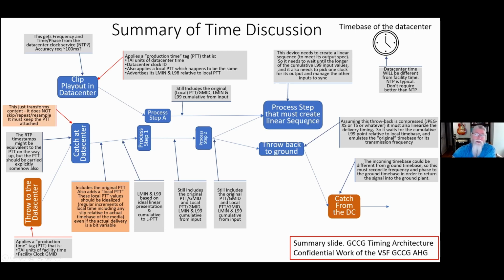Ultimately, if you have a process step, like say an H.264 encoder for distribution, that needs to create an output that complies to, say, MPEG-2 transport stream, then it has to set up enough buffering internally to take whatever variability comes in and turn it into a smooth delivery. And so this process and model we've come up with give it the information it needs to make the decisions it needs in order to do that job reliably.